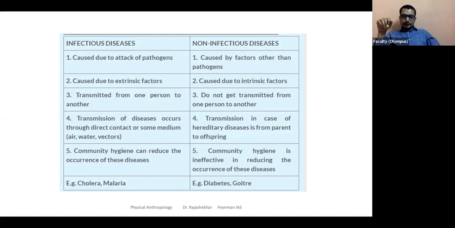What did you say? Sickle cell anemia. Genetic diseases, genetic disorders. Sickle cell anemia, hemophilia, they run in families. Hereditary diseases, we call them, right? Hereditary diseases or genetic diseases. They run in families mostly because of mutations or other abnormalities in genetic material. So this runs in families. Example is sickle cell anemia, hemophilia, etc.